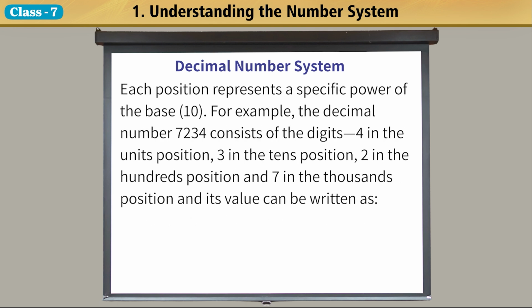Each position represents a specific power of the base 10. For example, the decimal number 7234 consists of the digits 4 in the units position, 3 in the tens position, 2 in the hundreds position and 7 in the thousands position, and its value can be written as